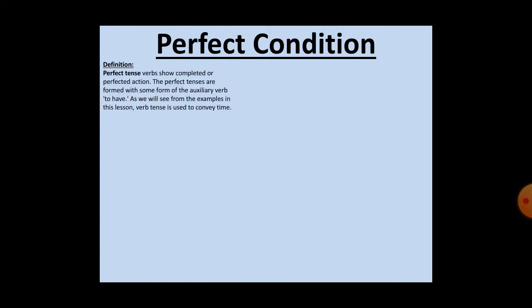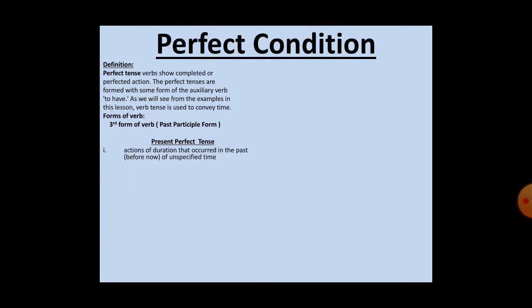tenses. So perfect condition, what are perfect condition? Basically when we talk about any action that has already taken place, there we use perfect condition, and in perfect condition we always use third form or past participle form. So here comes our first